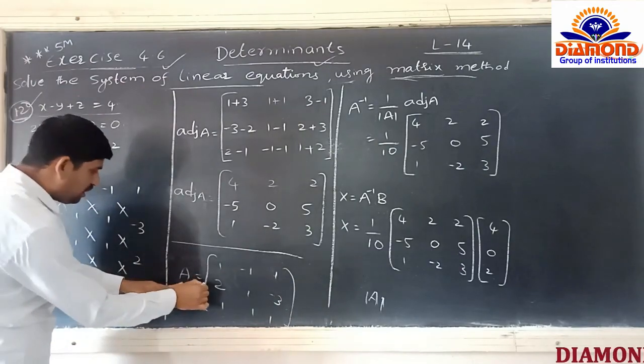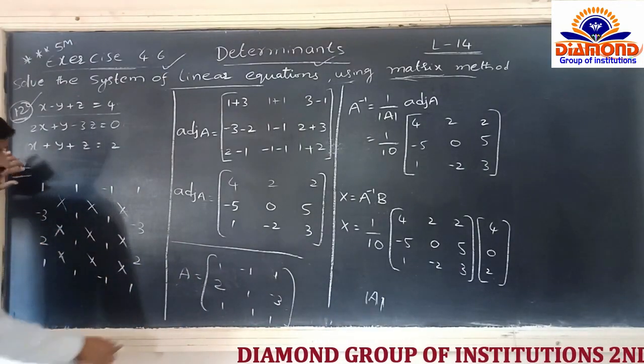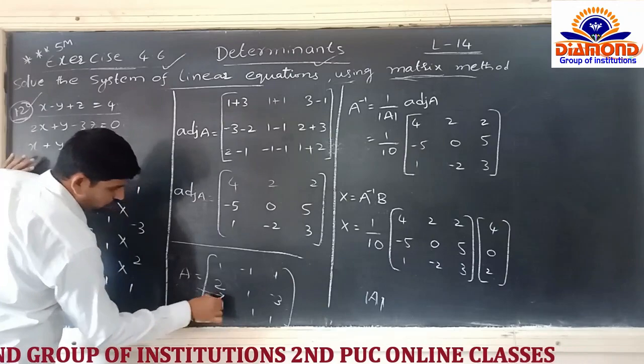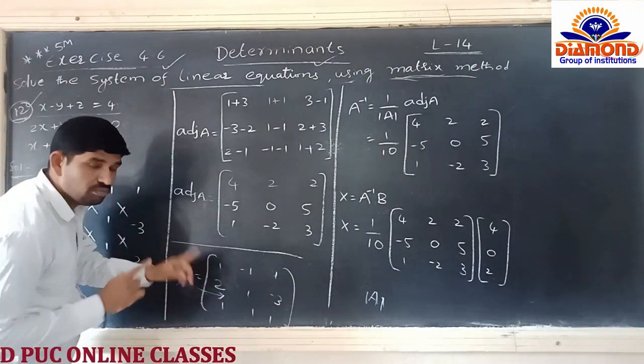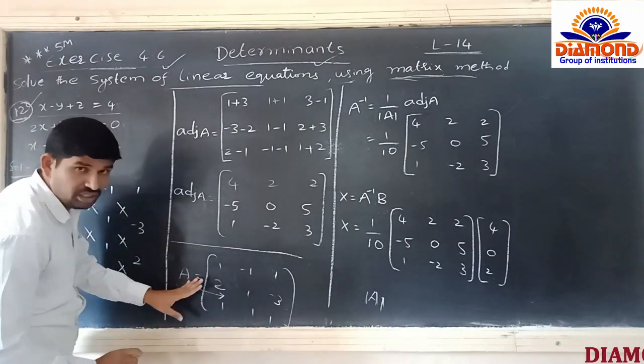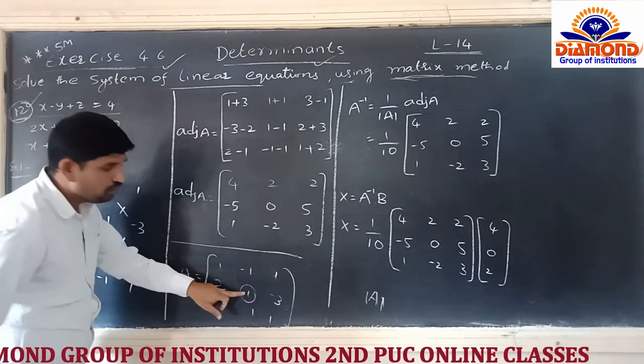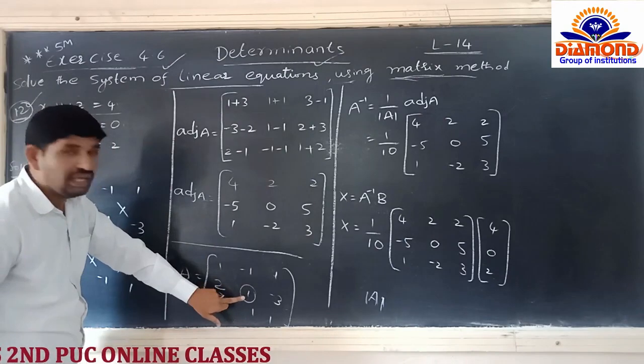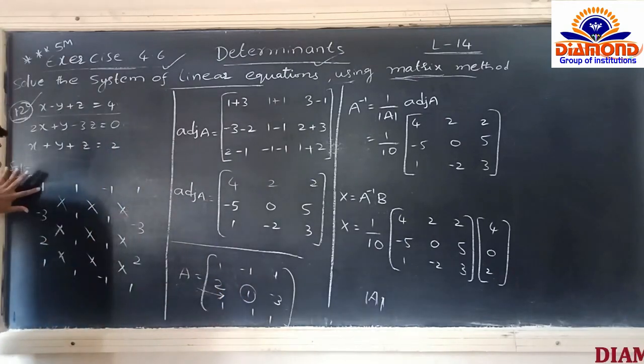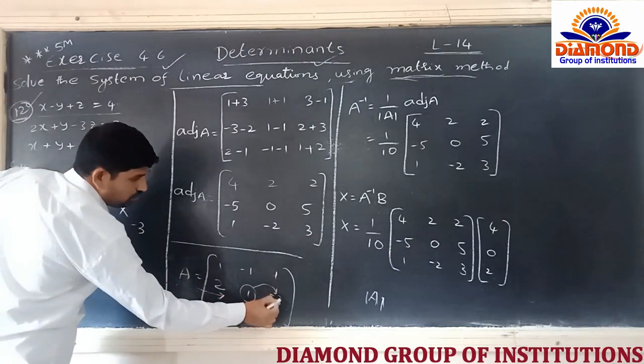So now from this matrix A I will write the adjoint. How we can write? So we have to take the second row. First select the second row. So remember the process I am writing here the adjoint A. Select the second row. In this we have to take the first middle number. So middle element. 1 is there now. First we are writing 1. 1 after that we have to write minus 3.